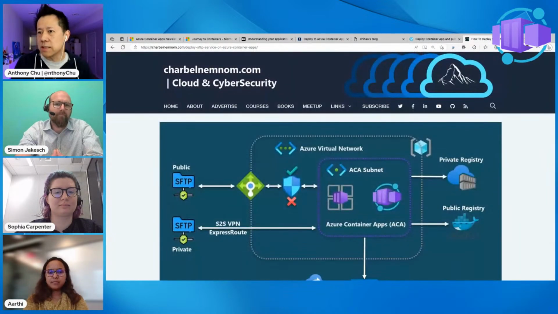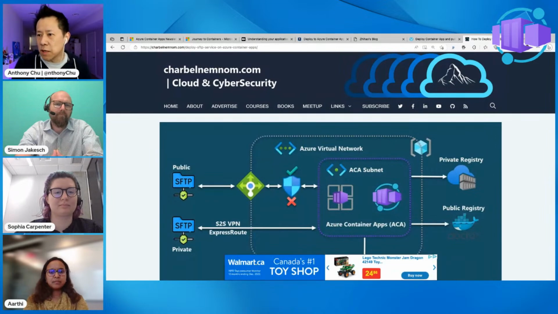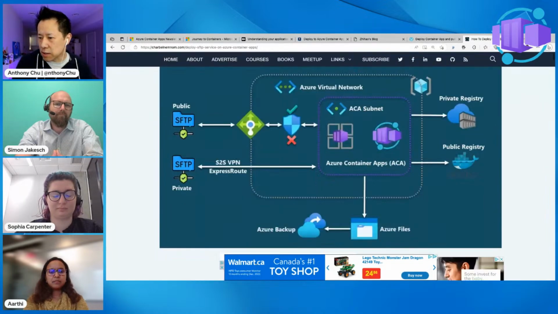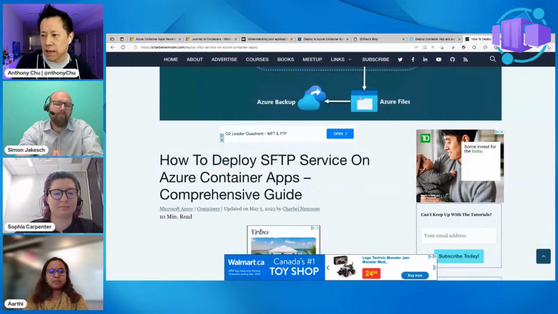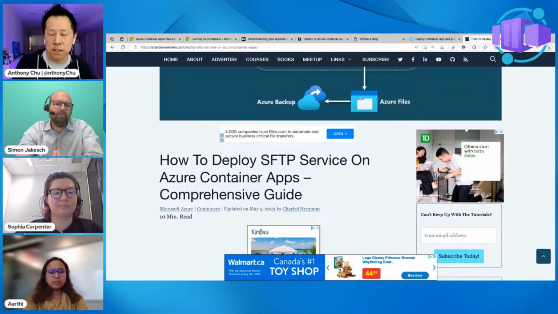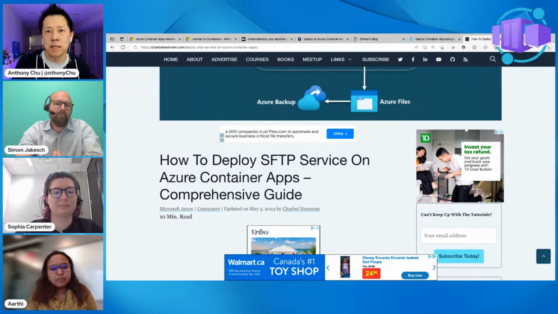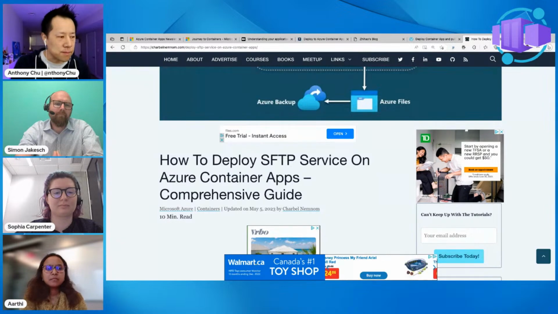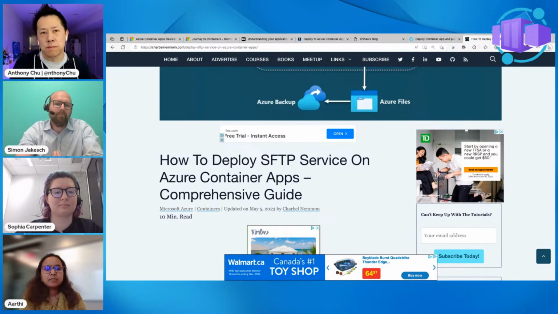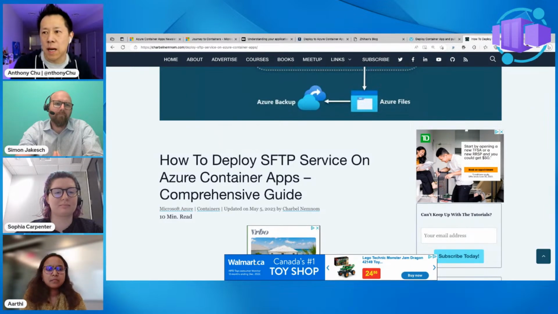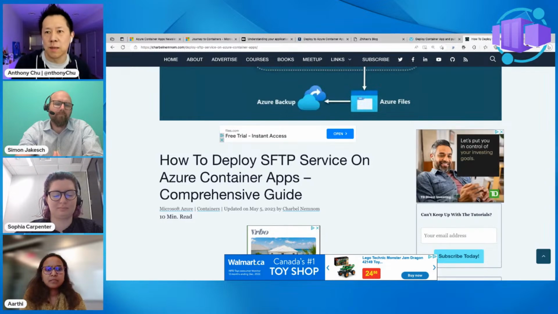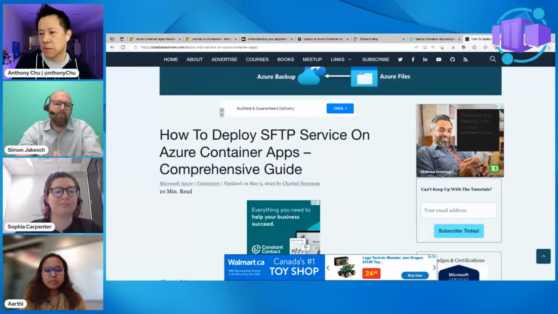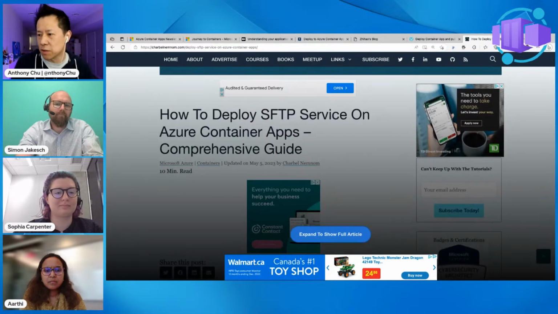And last but not least, we have Charbel, who has an article on how to deploy an SFTP service on Azure Container Apps. One of the things that we recently GA'd was support for TCP, so you don't necessarily have to host an HTTP app on Azure Container Apps. You can host things that talk on different protocols as well. In this case, he has a nice article on how to do this with